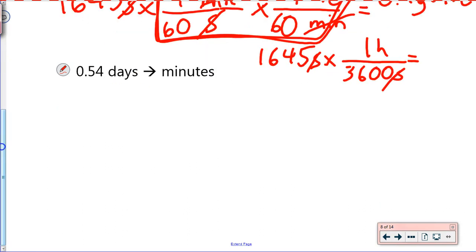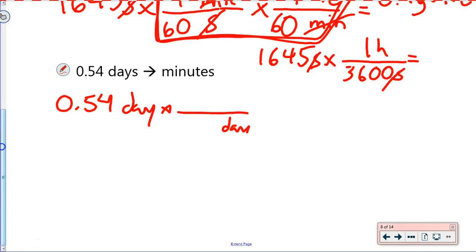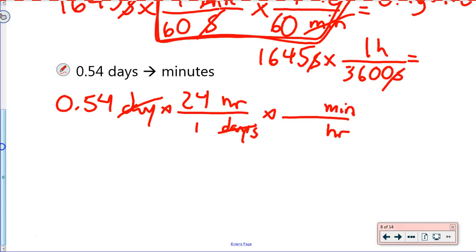So for the last example, we're going to add another conversion factor into there. We have 0.54 days, and we need to convert that to minutes. We're going to put days in the bottom because we don't want that anymore. And obviously we know how many hours are in a day, which is 24. And if we're trying to go from hours to minutes, again, we're going to set up another ratio because that's not what we want. We're going to put hours in the bottom, minutes on top, and we know that there are 60 minutes in an hour. So we're going 0.54 times 24 times 60 to give us an answer of 777.6